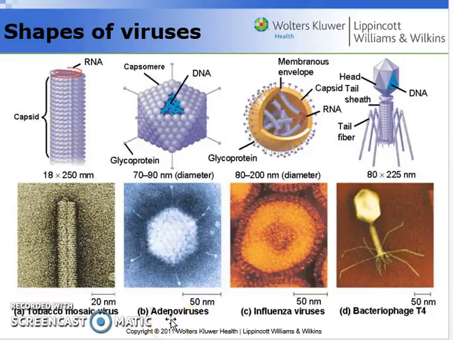Here's the adenovirus. It's comprised of essentially a capsid that's in a helical kind of structure, which differs from the tobacco mosaic virus, which is more rod-shaped or circular in structure. But the adenovirus has all these glycoproteins, which are these spikes that extend off of the capsid of the adenovirus, and those spikes allow the adenovirus to adhere to a host cell in order to penetrate